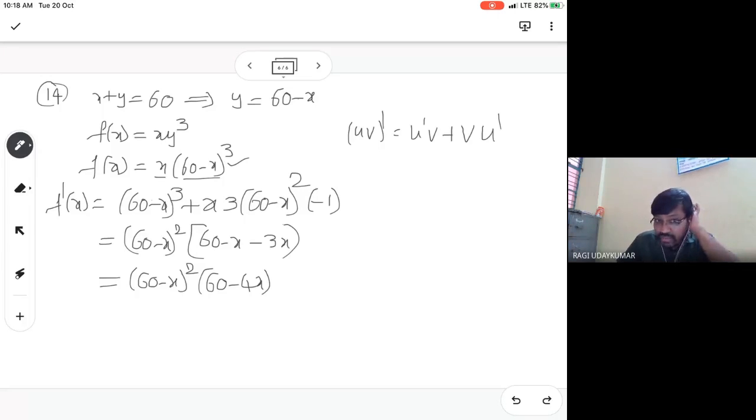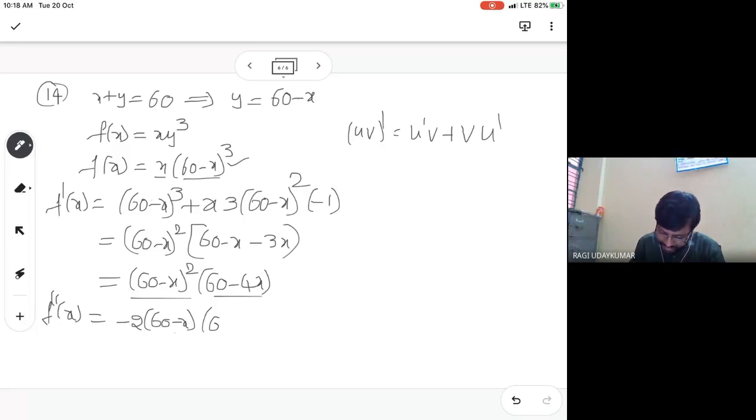So at which point you are going to have the maximum or minimum, to find out, f double dash of x is needed to us. So let us find out f double dash of x here itself. ये UV method use करोगे. Okay. First term को derivative करो. If you are differentiating, minus 2 of (60 minus x) आएगा because minus x is there here. Note that point. And (60 minus 4x) is as it is. Okay. Next (60 minus 4x) derivative करो. What do you get? Minus 4 आएगा, and (60 minus x) whole square.